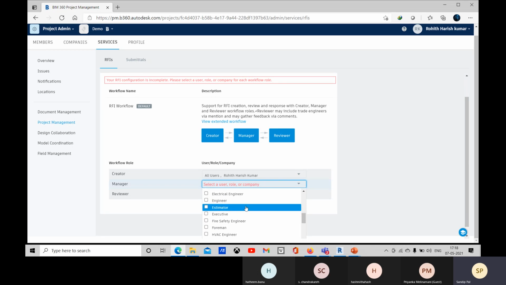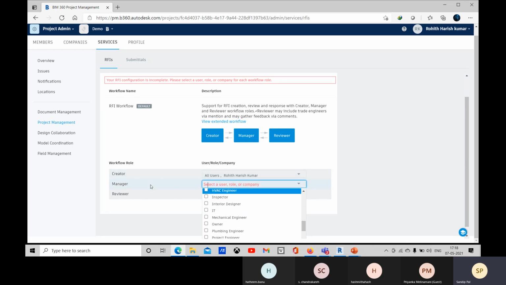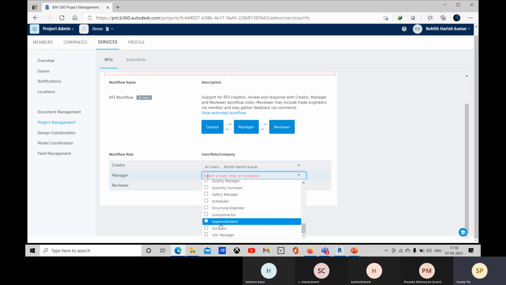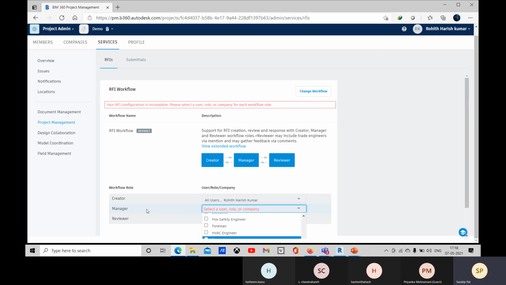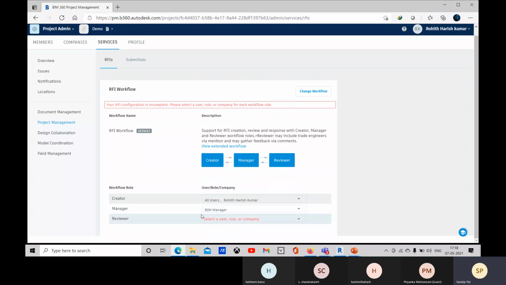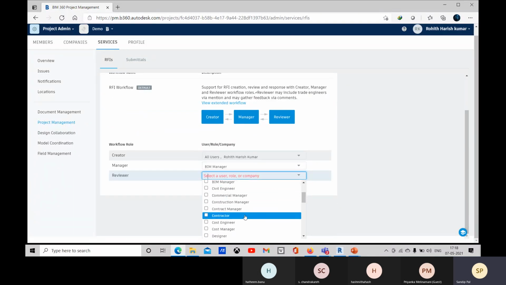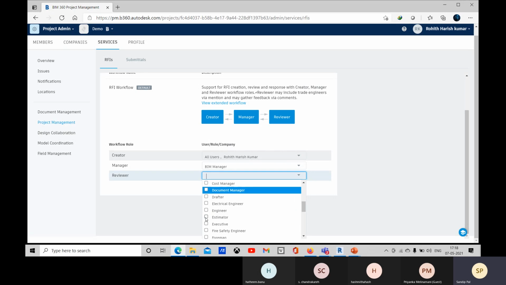If other members were added, you could list them personally, but as they are not added, right now you can go for these. Okay, so manager, you can assign BIM manager. So all the BIM managers will be assigned. And who will be the reviewer? So reviewer, all the designers will be the reviewer. So you can go for, okay.